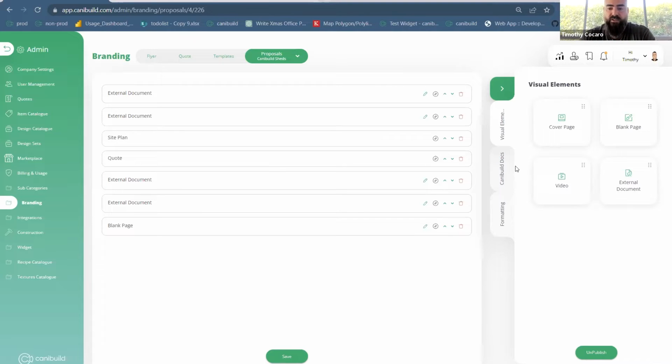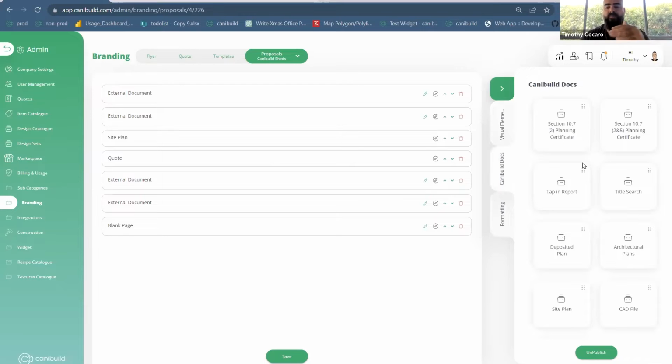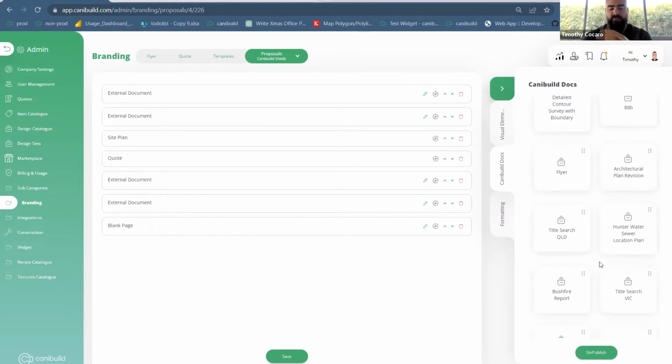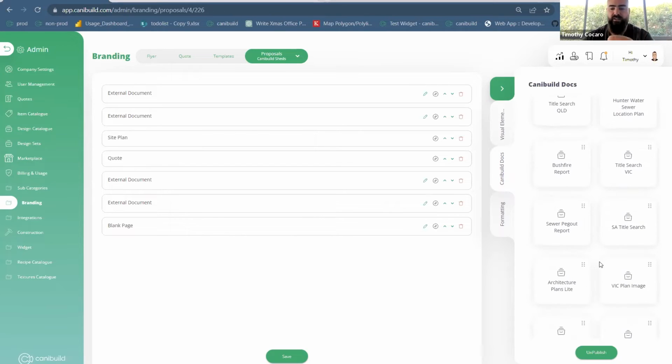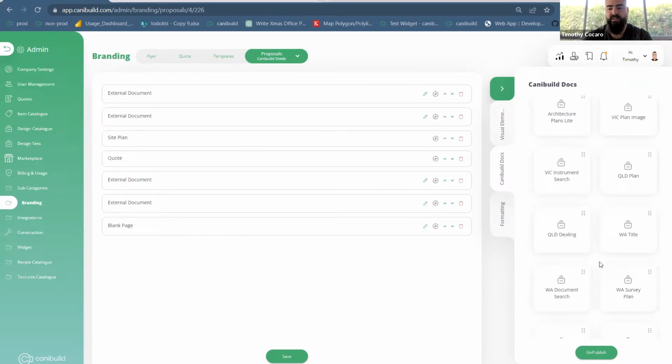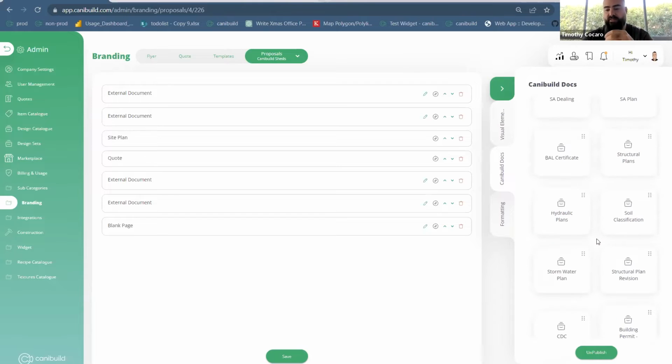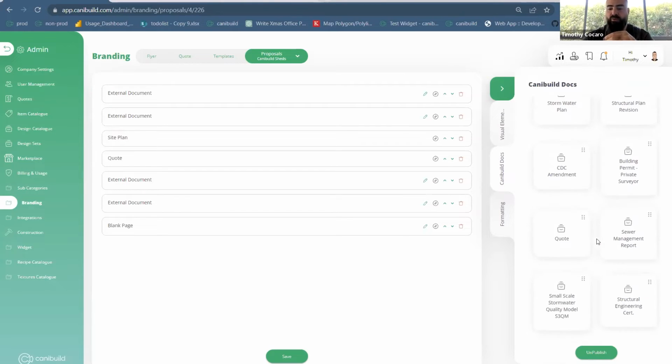On the left-hand side, you can click on Canibuild Docs, and this is where you can start inserting any document that can be generated from the front end of Canibuild. So say, for example, you wanted to insert a title that you may have purchased through the marketplace. It'll insert that straight away, or it'll alert you saying, did you want to purchase a title as part of this proposal, as an example? Or you can just